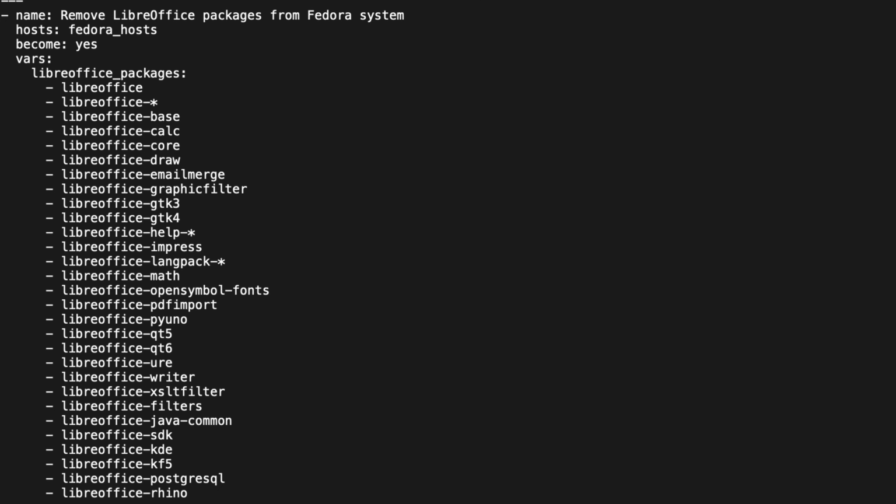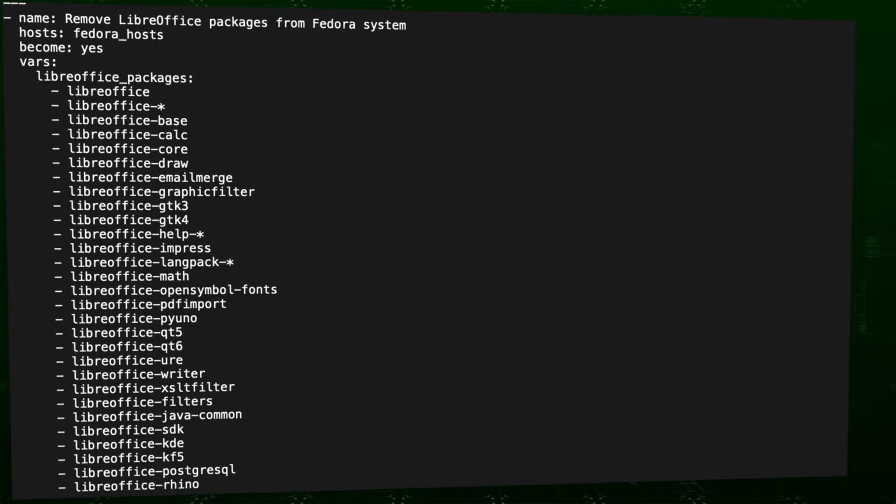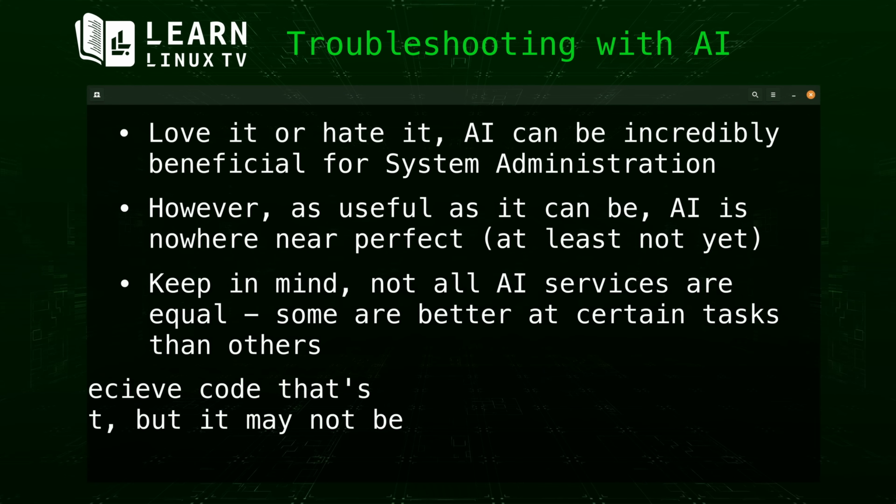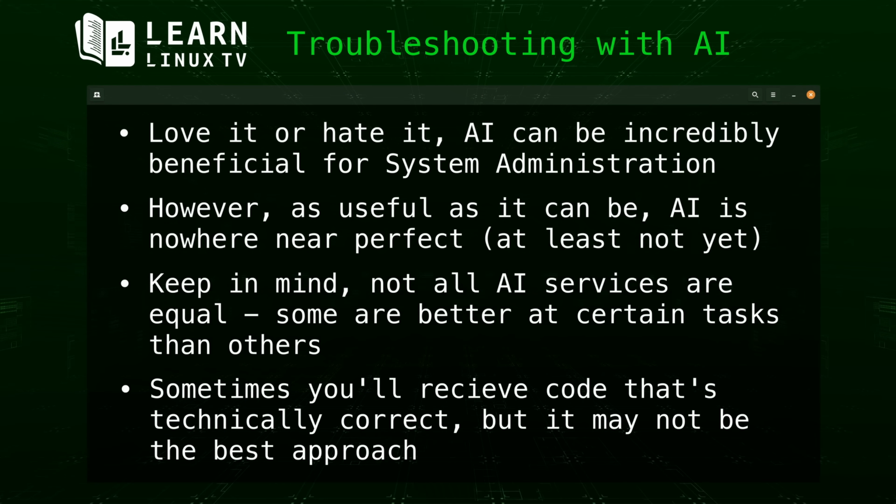it was overkill. You don't really need to perform this many steps to simply remove all LibreOffice packages. I was able to accomplish the exact same thing in Ansible by simply doing this. Just one play and I was done. But the main point here is that anything you get back from AI will be correct most of the time, but every now and then it might not be the best way to do something, and in some cases might be wrong altogether. Now at this point it might seem like I'm being overly critical of AI and that I might not like it, but actually I really do like it and I find it useful.